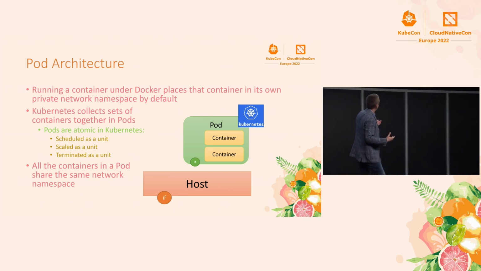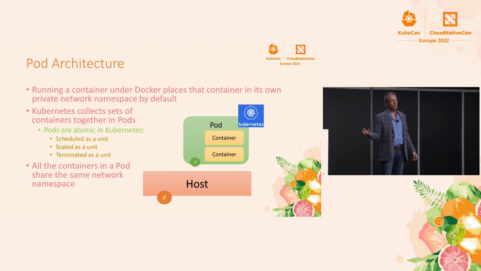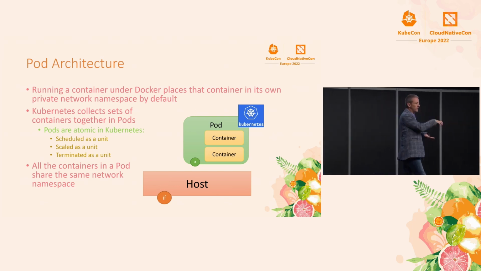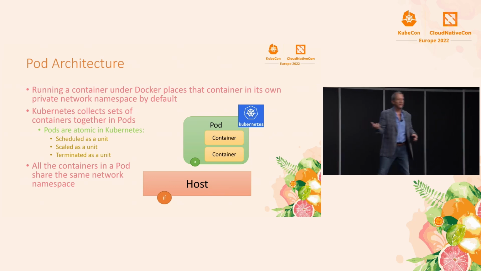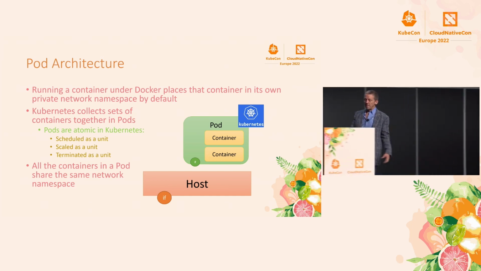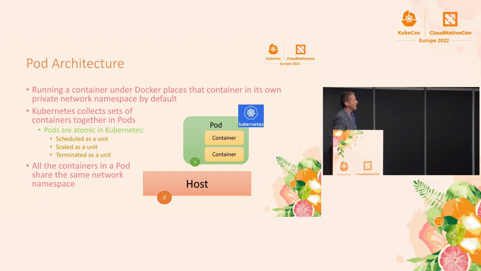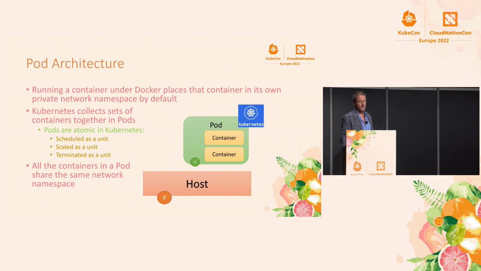So in Kubernetes, interestingly, the pod is the unit of distribution. It's the smallest thing you can schedule. It's the smallest thing that you can scale, and they're atomic. You can't run part of it on one machine and part of it on another, right? So really what we're thinking about when we move to Kubernetes is not container networking, it's pod networking.